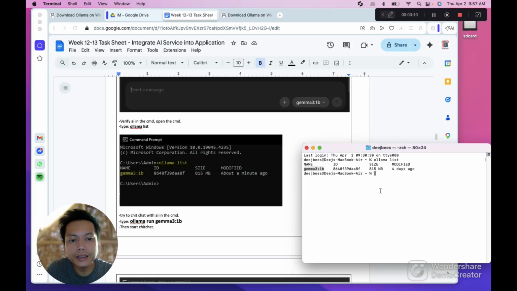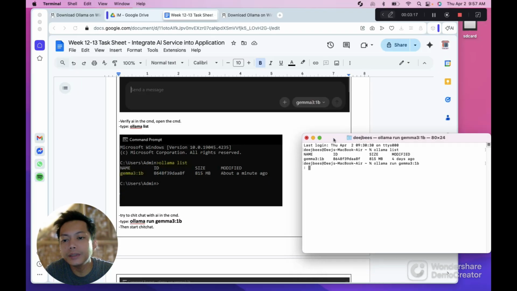Now we're going to run this: ollama run, then the version. The speed of this will depend on your computer specs. If your computer is latest or has high speed, it will reply instantly. So, hi Ollama.